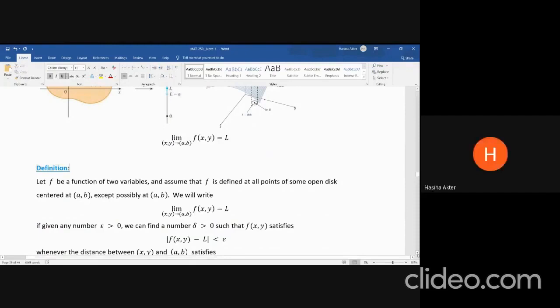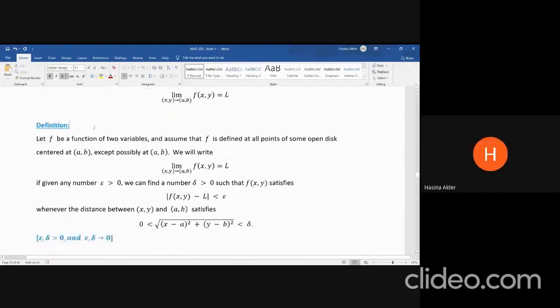Definition. Let f be a function of two variables, and assume that f is defined at all points of some open disk centered at the point AB, except possibly at AB. We don't have to have the function defined at the center of the disk. Not necessarily. Whether the function is defined or not, the limit doesn't depend on the value of the function. Okay. So we write that the limit of the function is L as XY approaches the center AB of the disk,